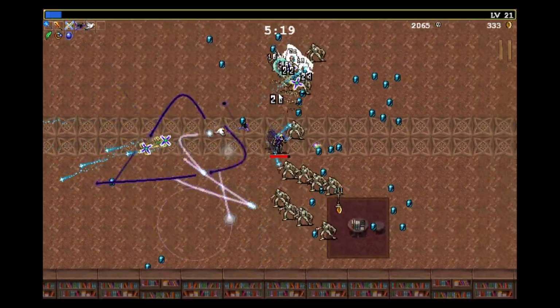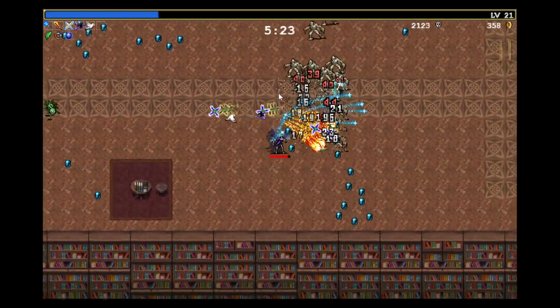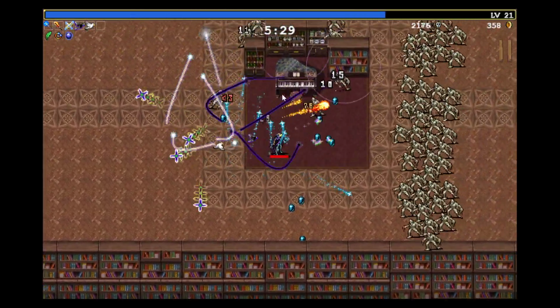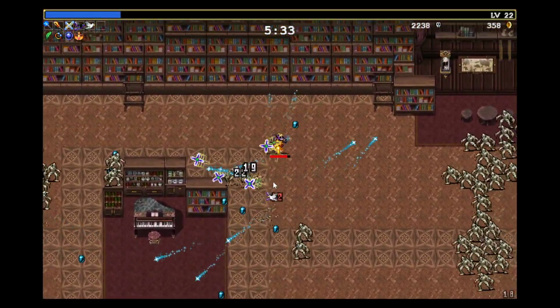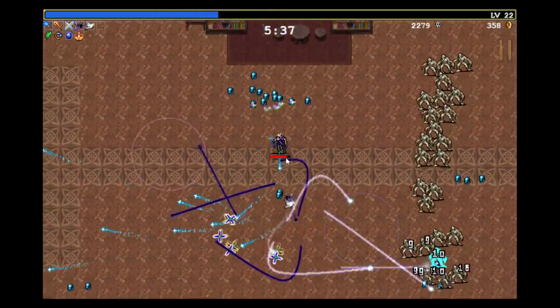There's Pigeon. Just gotta believe, guys. You gotta believe it'll happen. And then just get really lucky. There's Crown. Fantastic. Okay, we got the Crown. Now we just need the Clover. And last item...